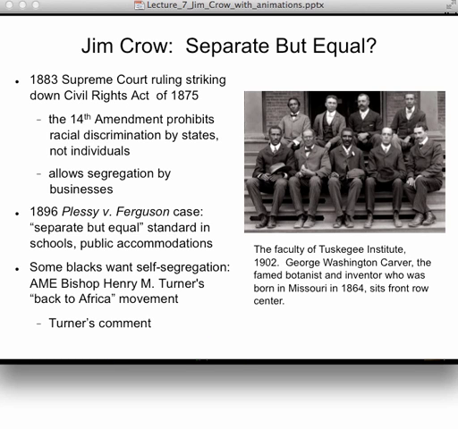Let's turn to segregation in public places. This is the kind of segregation that perhaps we're more familiar with: separate bathrooms, separate water fountains, white and black people living in separate places. How did this type of Jim Crow law come about? Well, the Supreme Court in 1883 really opened the way for racial segregation when it ruled that the Civil Rights Act of 1875 was unconstitutional.